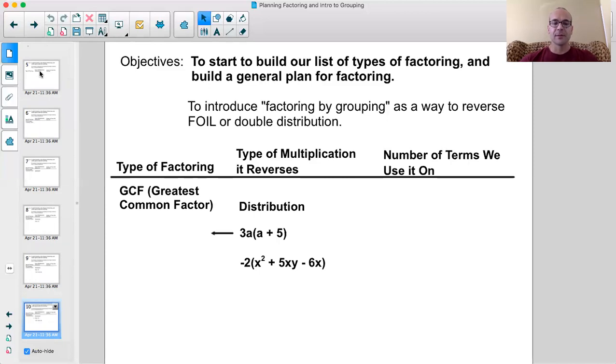So if we distributed in the first example, we would expect to get two terms, 3a squared plus 15a, and you'd be able to see, because you just finished multiplying, oh yeah, there's the 3a that's hiding in there, and there's the 3 that's hiding in there, and then we just reverse that for factoring. If I gave you this expression and the directions were factor, you would say, well, it appears that someone just distributed 3a into each of those, because I can see it amongst the factors of each term. Let's park that 3a outside of a set of parentheses and then go through term by term